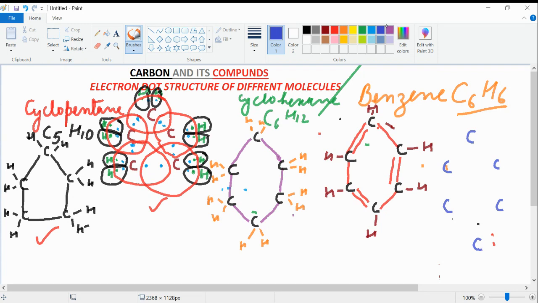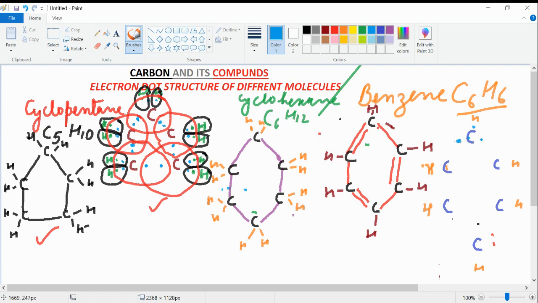So I will draw one hydrogen atom with it. And each carbon atom has 4 electrons. 1, 2,